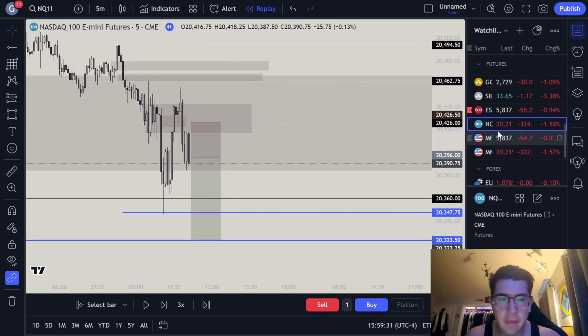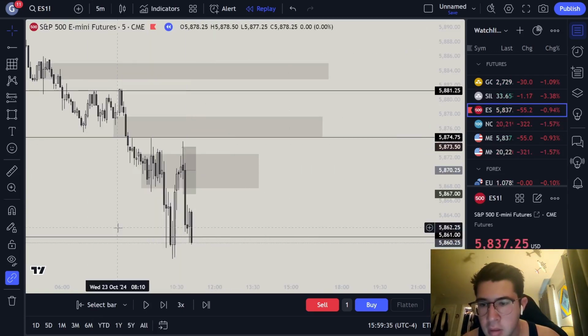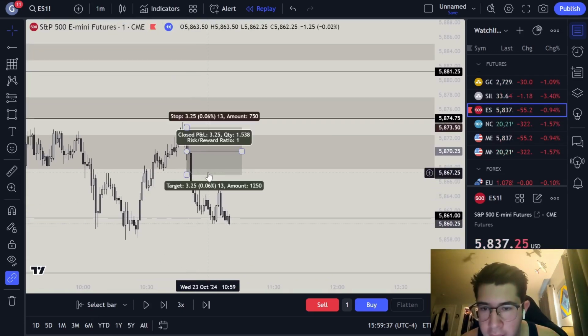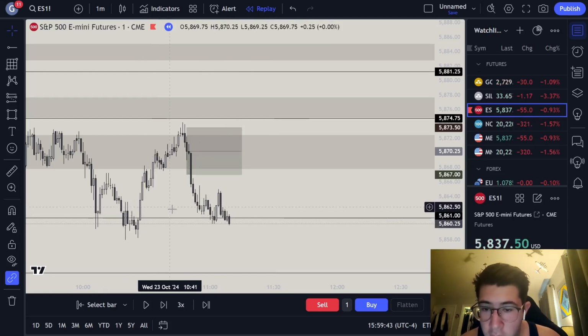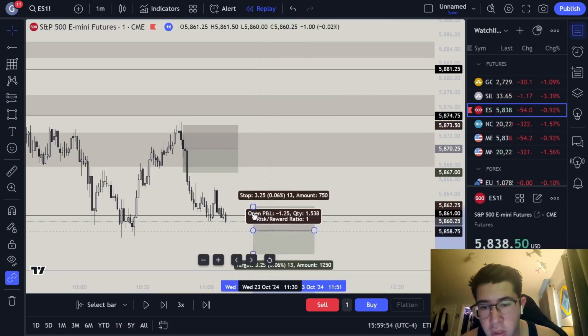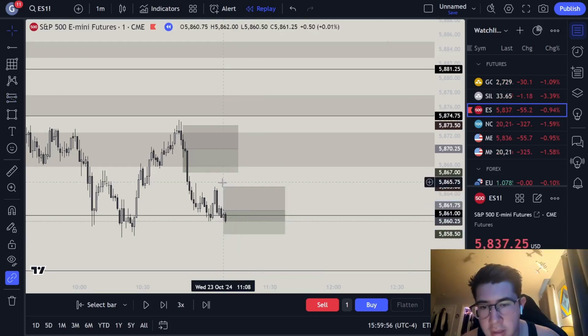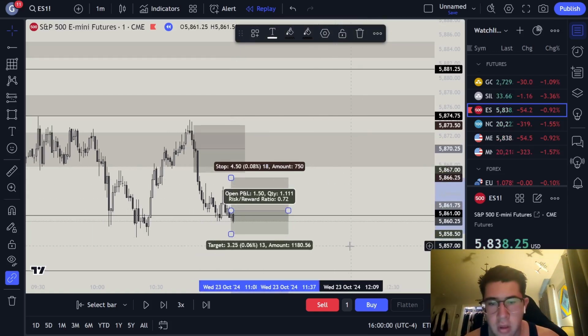So we got that, and then ES. Let's see what we're looking at here. All right, so I didn't see this fill. However, you do see price come up here, fill this, disrespect this, come up, take these highs, come down, disrespect this, and then we get a candle close below this imbalance. So on ES, I would have shorted somewhere in this area, put stops above here, and for targets,